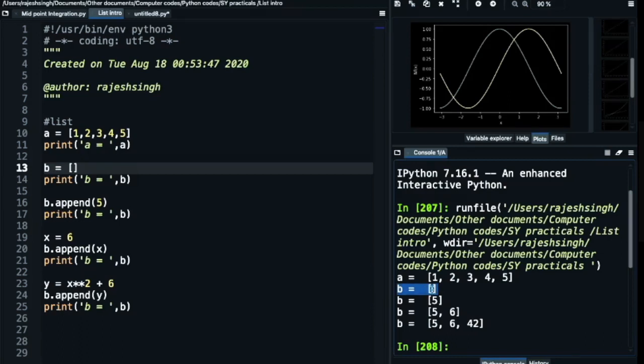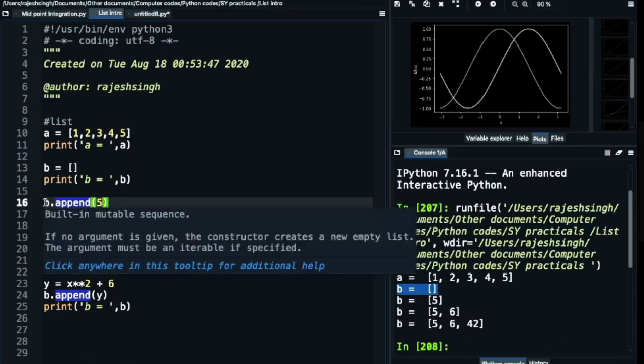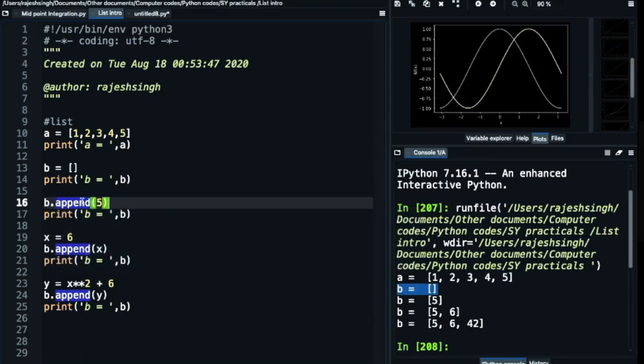Then you can add elements to b by using this append function. The method of writing is b dot append, then there is a bracket, and then whatever number you want to add to the list, you can append here.